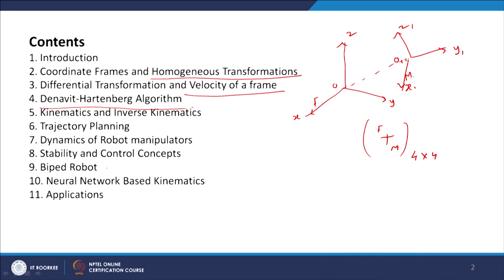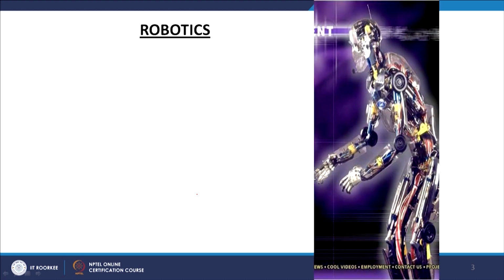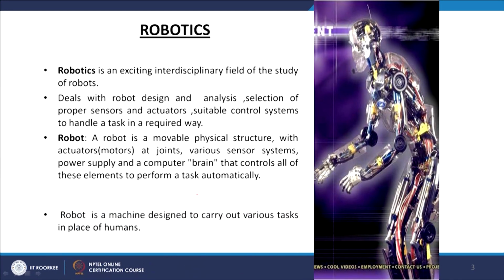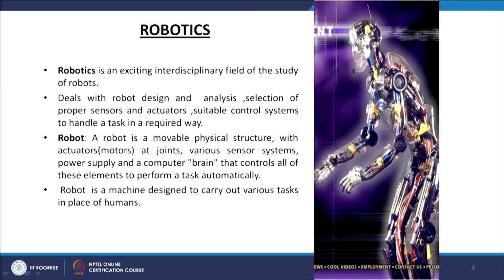The last portion, the application part, from lecture 21 to 40, will be taken by Professor Felix. So, the definition of a robot: broadly we can say that it is a machine which can perform a given task automatically using artificial intelligence and without human intervention. So, in the place of a human it can perform a task automatically. It is a machine with links and joints.